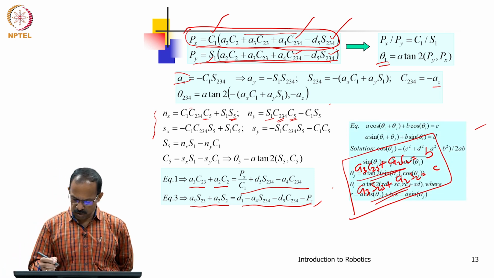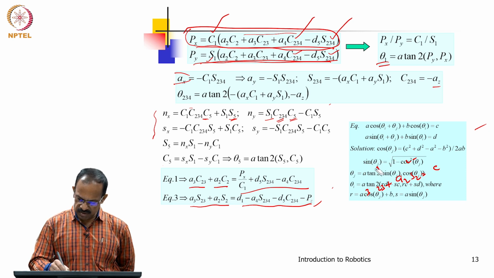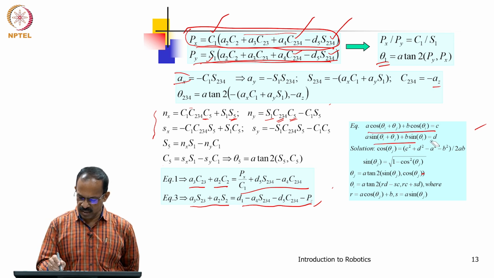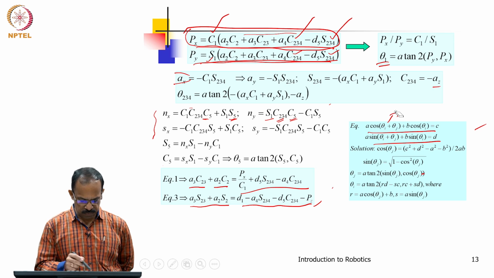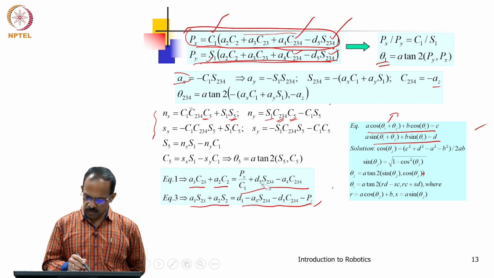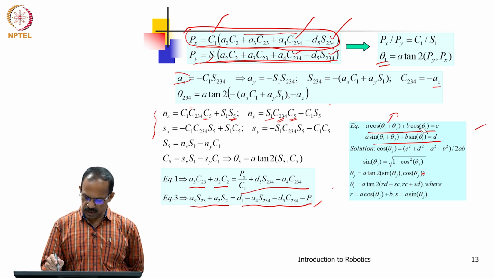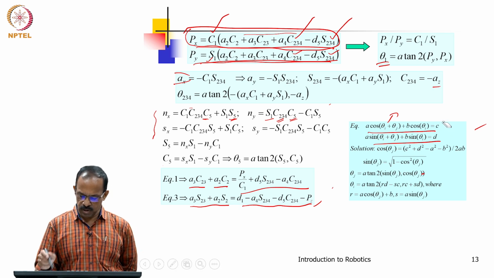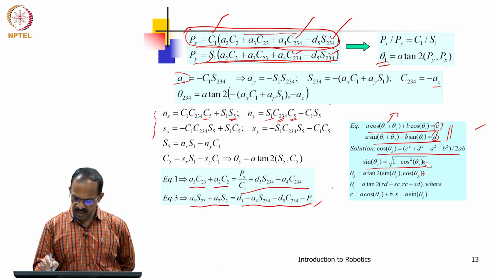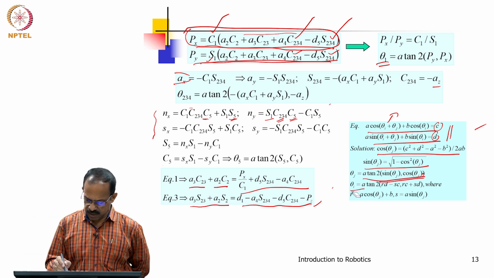So, this is actually in the format of A cos theta i plus j plus B cos theta i is equal to C. This is the same format you can see here: theta i plus j is theta 2 plus 3, that is C 2 3, and this is B cos theta 2. So, A cos theta 2 3 plus B cos theta 2 is equal to C format. Similarly, this also. Since we know this C, D and A and B, we can write down sin theta j and cos theta j as this, and theta j can be obtained like this. And similarly, theta i, theta 2 can also be obtained.